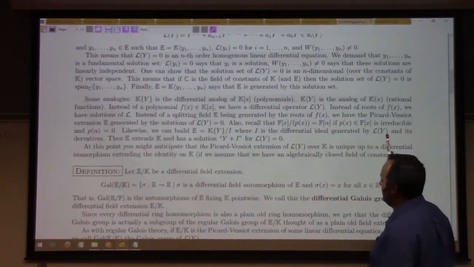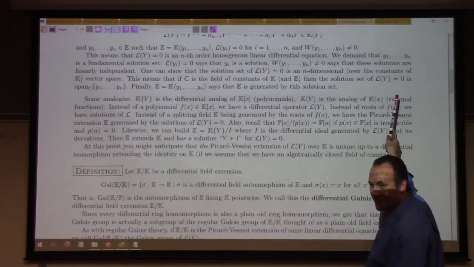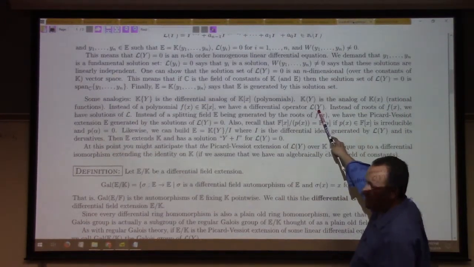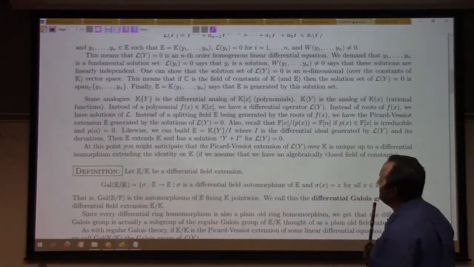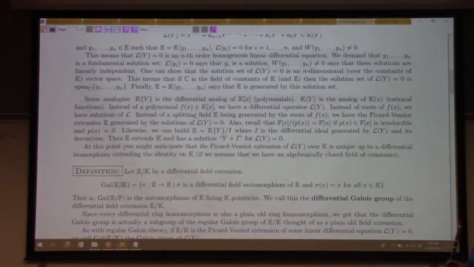A solution is something that you plug into the differential operator and get 0. Right, so what's this? Instead of a splitting field E being generated by the roots of f of x, right, a la